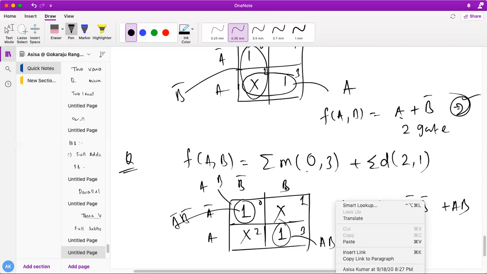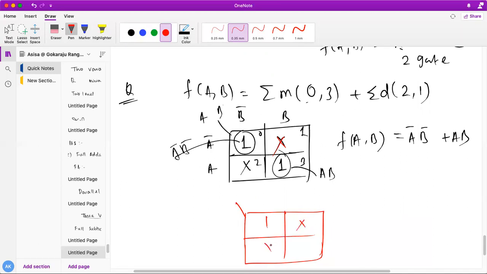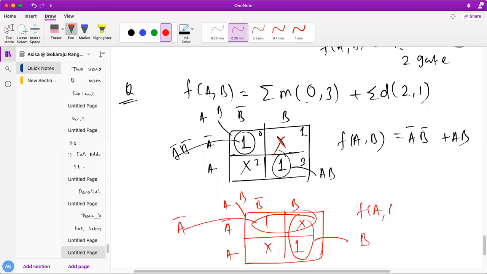Let's say I have used now only one don't care. Let's say this don't care I am using. Okay, so see here, if I'm using this don't care over here, how is it now? So this is my one don't care one. I'm using this don't care now. So what would it be? B bar b, a bar a. So I can use it like this. So now what will I get here? This is my b, this is my a bar. So finally I will get f of a comma b, which is actually a bar or b.